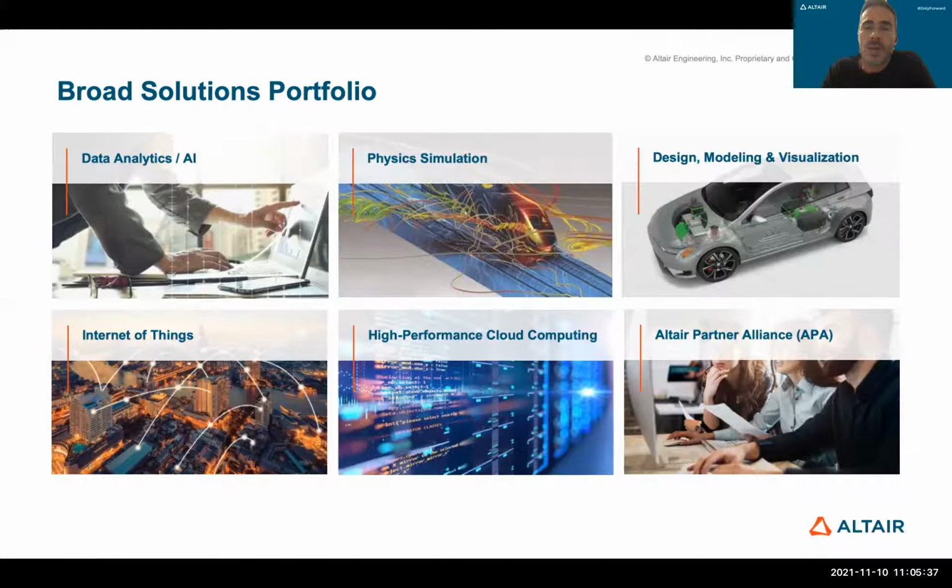All those applications we develop in-house, but we also have a partnership with other software vendors through the Altair Partner Alliance. And all those applications, whether they are in-house or third-party, our customers can access through a unique license. So it maximizes the return on investment of our customers.